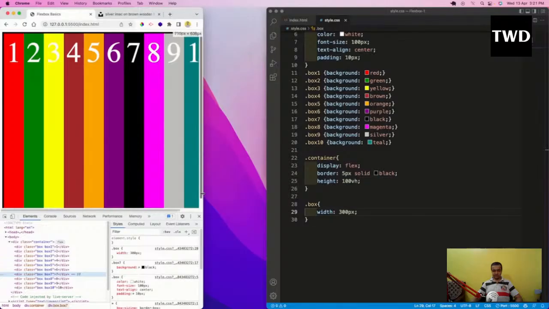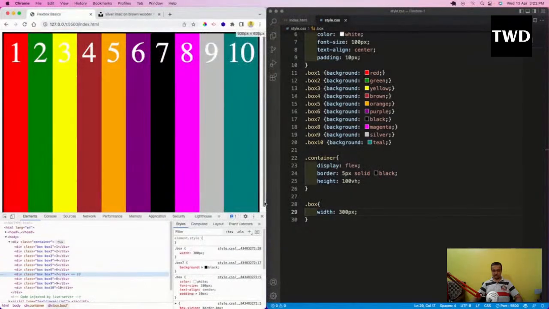So why am I telling this? Because I have taken the width of each box as 300 pixels, which means 300 times 10 is 3000 pixels. Very big. But it is not 3000 pixels; we are seeing that it is hardly 1100 pixels. So what happens? None of these boxes are 300 pixels. They have adjusted accordingly, given equal space, and adjusted to fill the empty space. So if I want each box to really be 300 pixels,